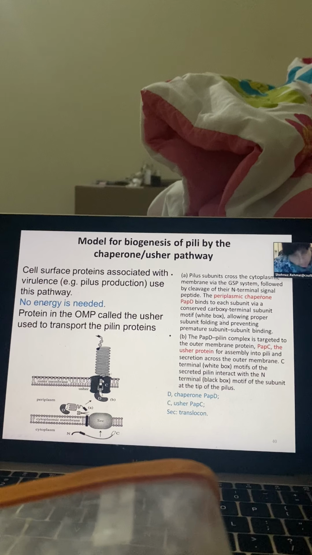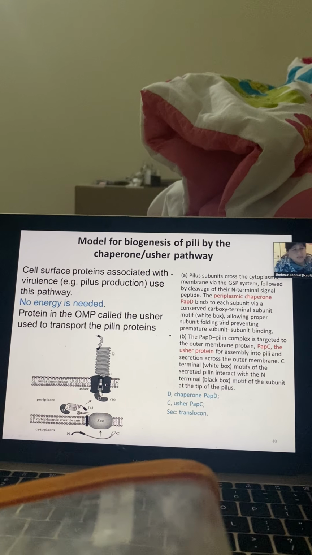outer appendage, which not only grows, but it can be retracted. We talk about it when we talk about conjugation. When the cells are going to conjugate, the pilus makes the attachment for the donor to the recipient, but then the pilus is retracted so that the recipient comes in close contact, and then the DNA transfer occurs. So pilus formation always involves not only production of the pilus but also its retraction, and the retraction of the pilus will be discussed later. But anyway, in this case,